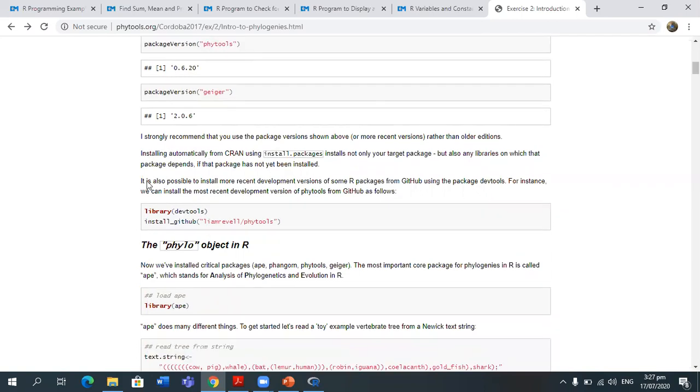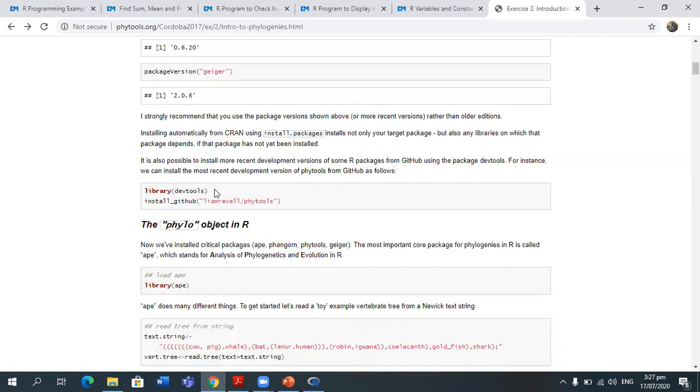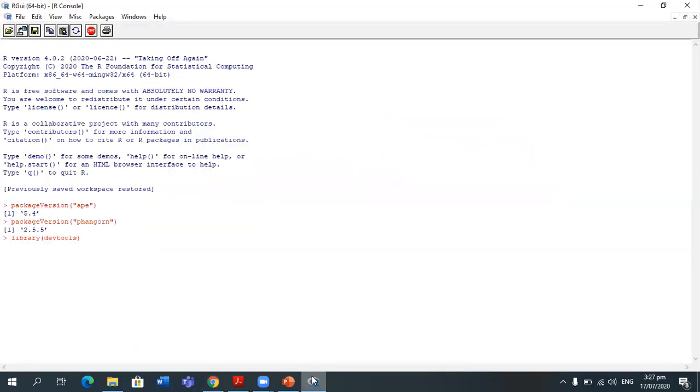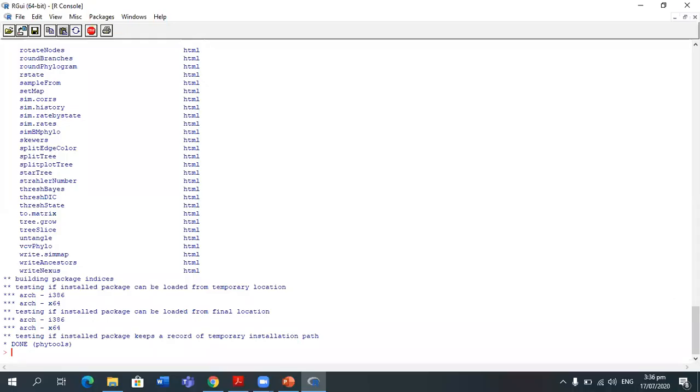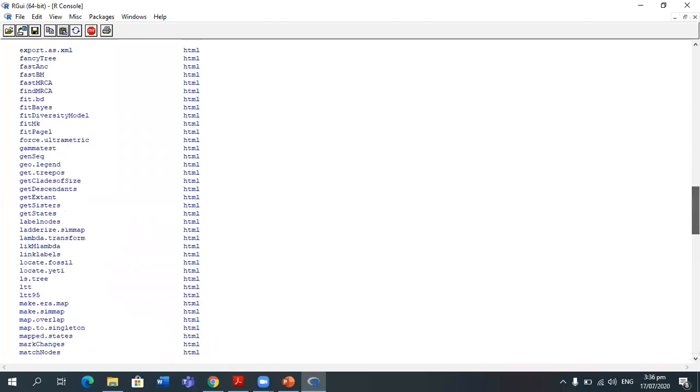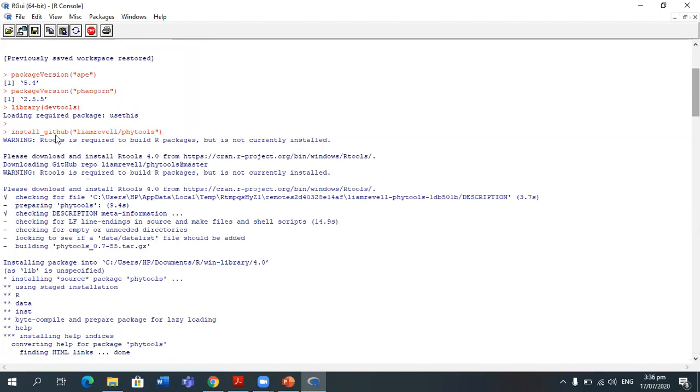Okay, I will also check the library of this devtools. This is loading. Okay students, as we have just loaded or installed the package from GitHub, GitHub is basically a large community for computer developers where